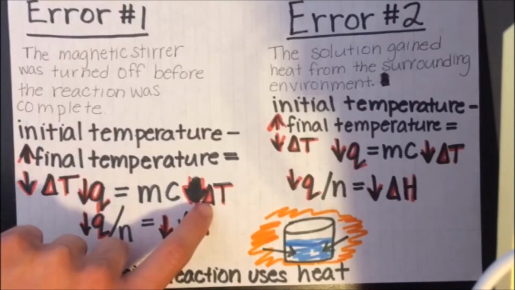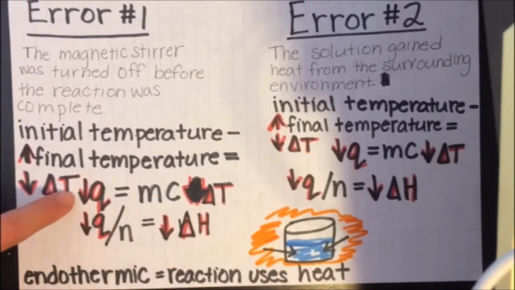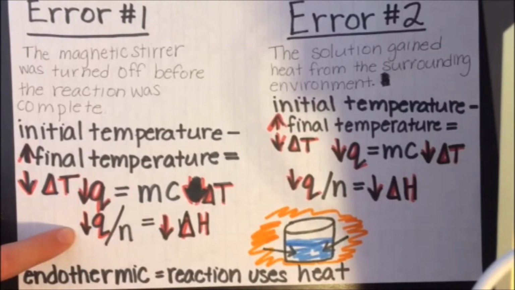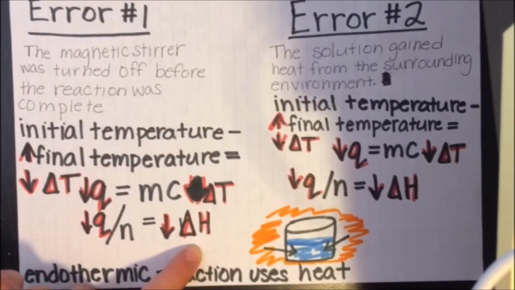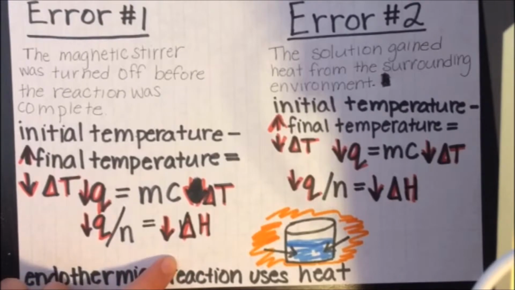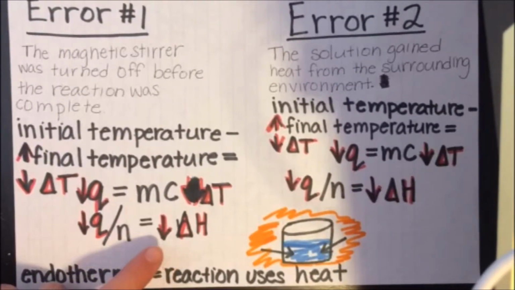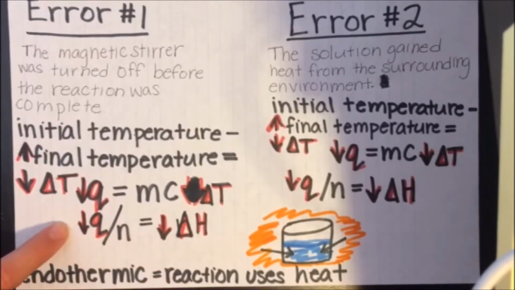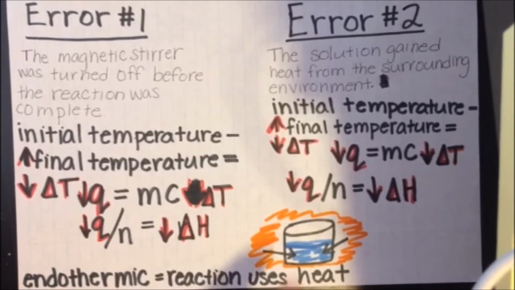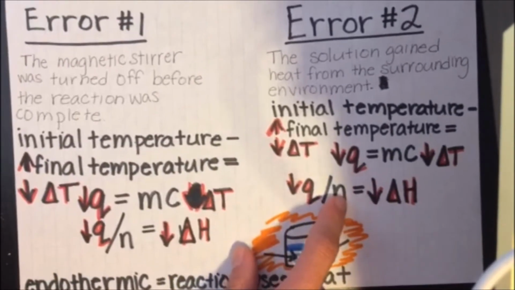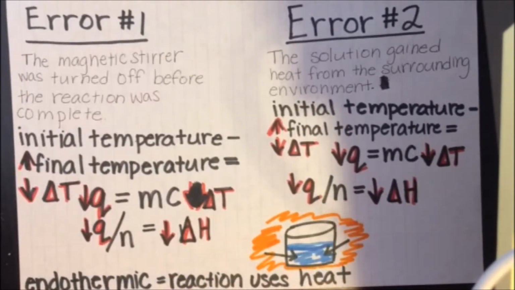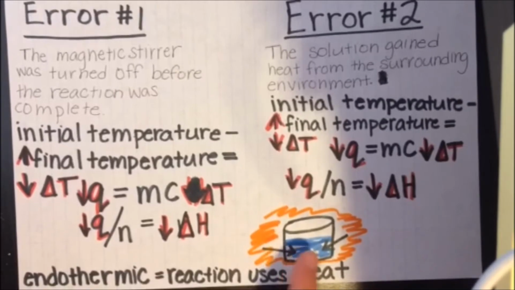the lowered change in temperature results in a lowered energy. The lowered energy, when set over moles to calculate heat content, results in a lowered heat content, as energy is part of the numerator. The second error works in a similar way. As the endothermic reaction completes itself, it draws heat from the water, which cools the water significantly cooler than the